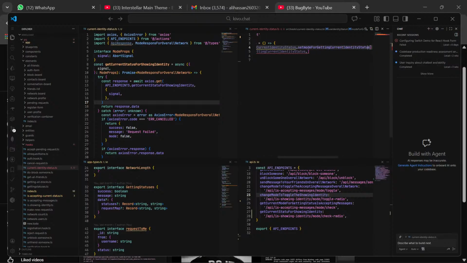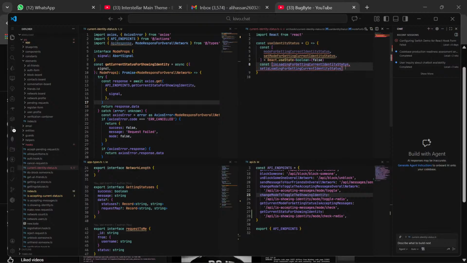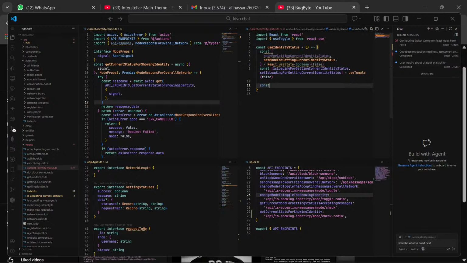And set mode here, and set isLoading. I am using the useToggle library here from react-use for easily managing the loading state. Initially it will be a false value, and I will create a global controller for making the current API call. Controller for getting is showing